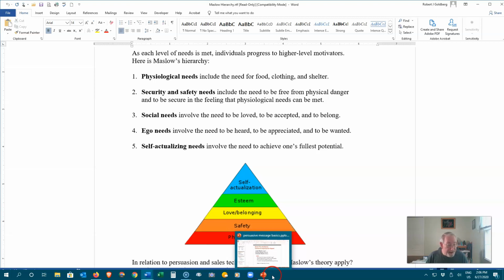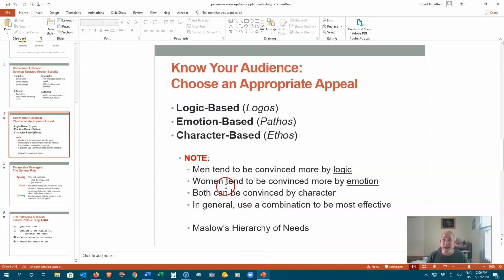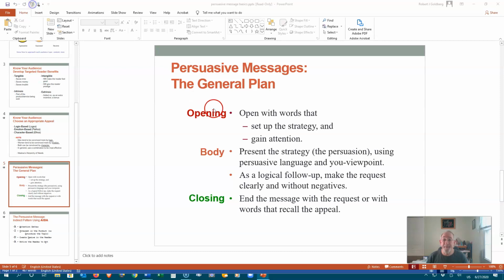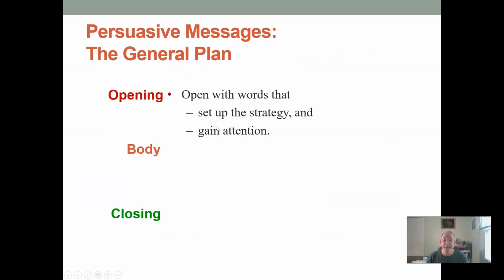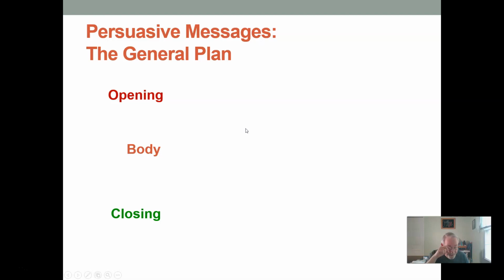Now that you are equipped with understanding the audience, let's talk about using the direct organizational strategy. This is for the majority of persuasive messages. The exception, as with negative messages, is when you are writing to your boss. Then use the direct strategy.